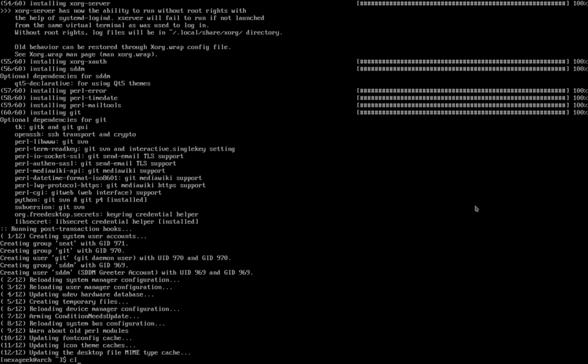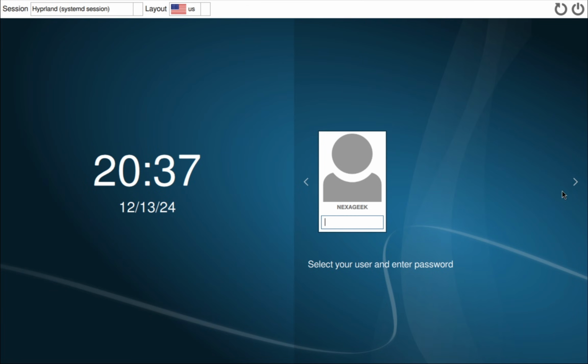Now let's clear the screen, and now let's enable sddm.service. So we're going to write sudo systemctl enable sddm.service and press enter. Let's reboot the system, and now we rebooted the system. So here we can see we have Hyprland. Let's enter the password,